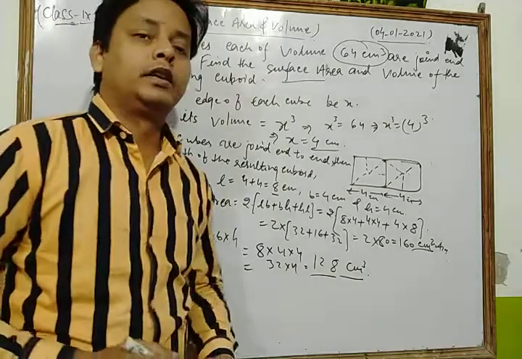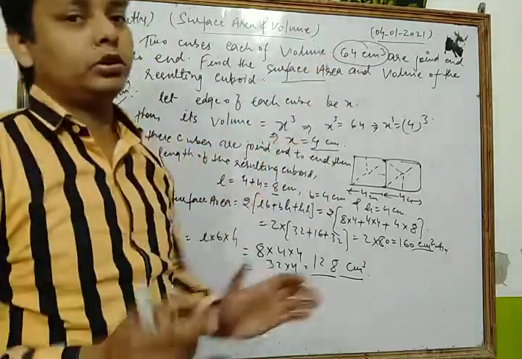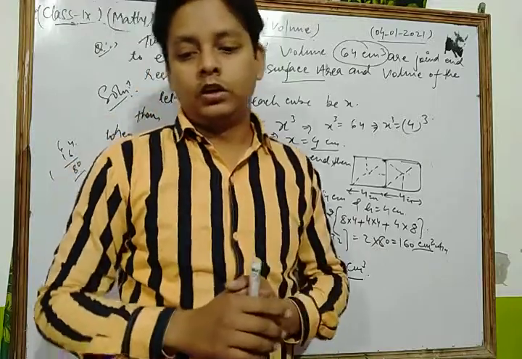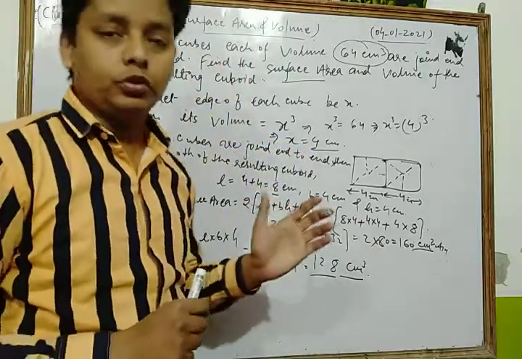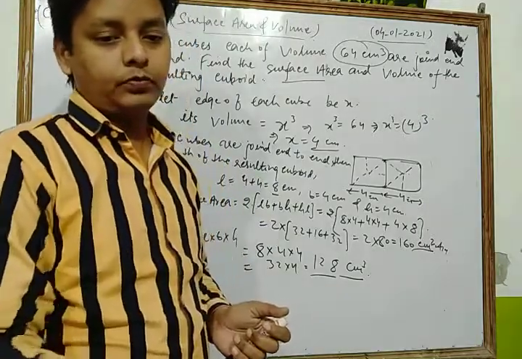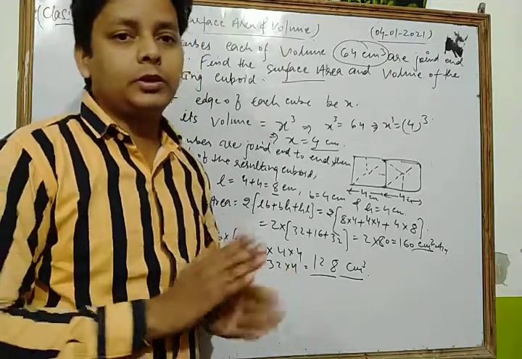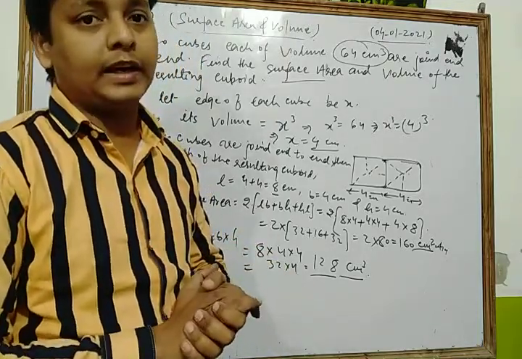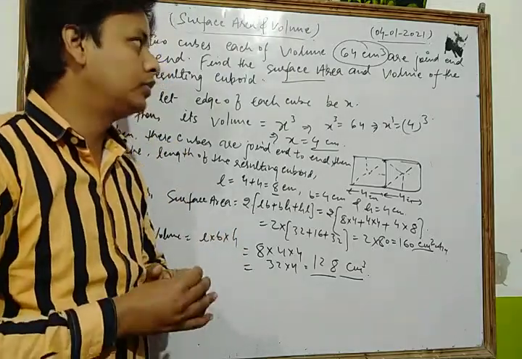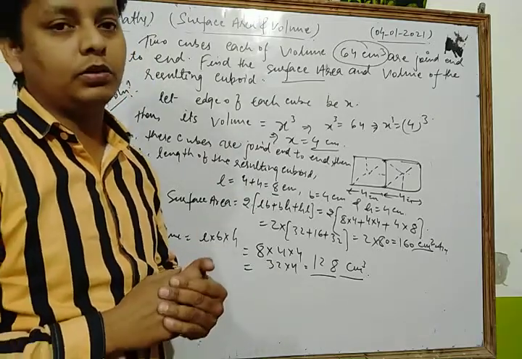Thus, dear students, in this way we solve that type of question. This is a very important question, so please do more and more practice of that type of question, which is very important for you and your examination purpose. Okay, dear students, now in this way we discuss two geometrical shapes of solids like cube and cuboid, and we solve some important questions based on them. Now we are going to discuss the next shape of solid of your chapter, which is right circular cylinder. Let's see.